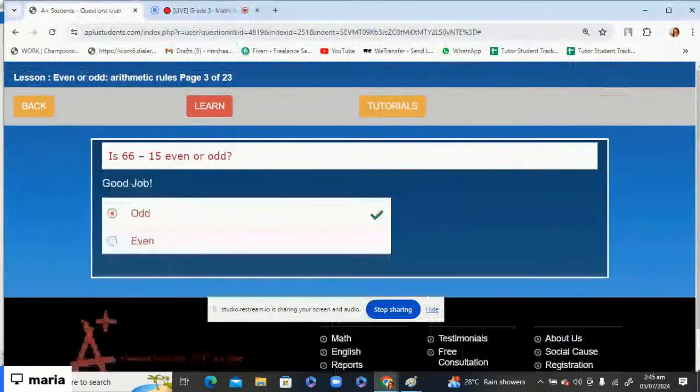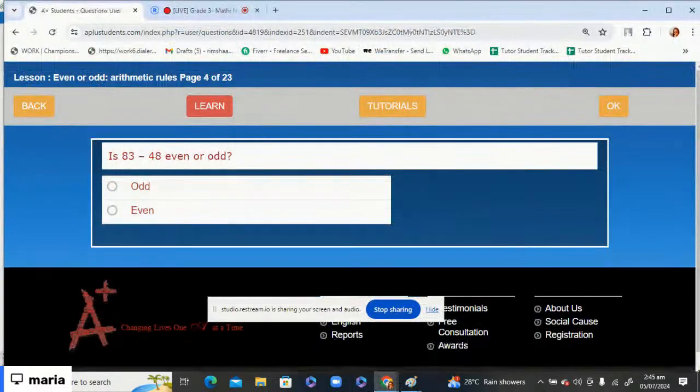Hope you guys understand this lesson as well, so you can solve the rest of the questions by yourself. Make sure before starting the next session, you practice all these questions, all these related lessons. And if you still need any help in any of the questions, then you can contact the tutors on